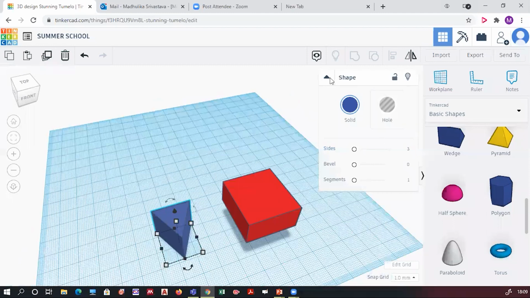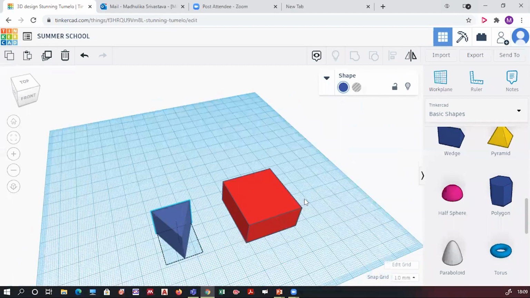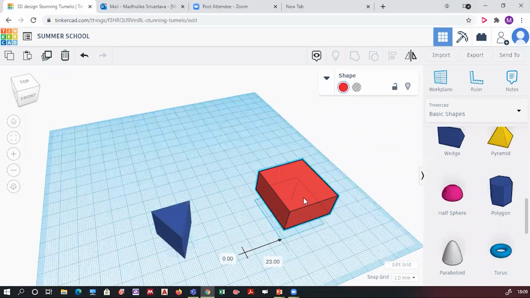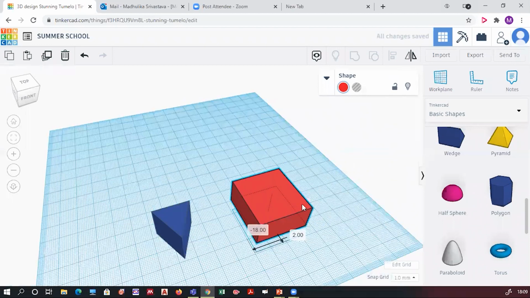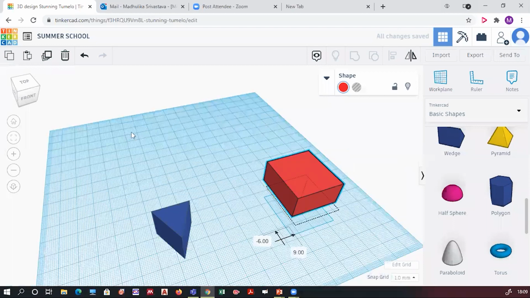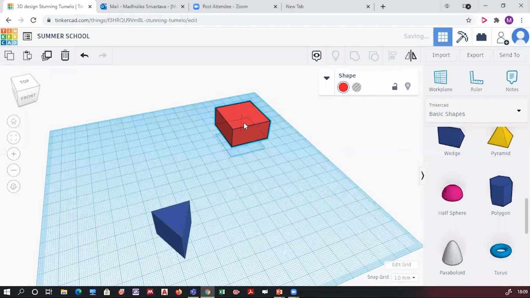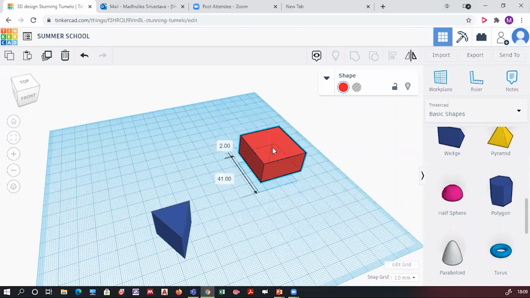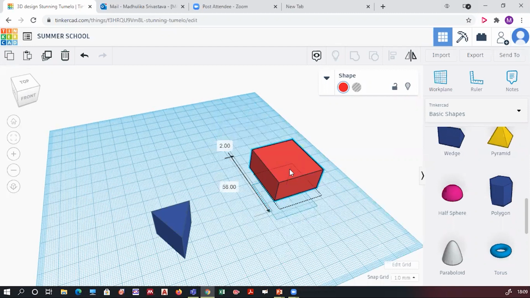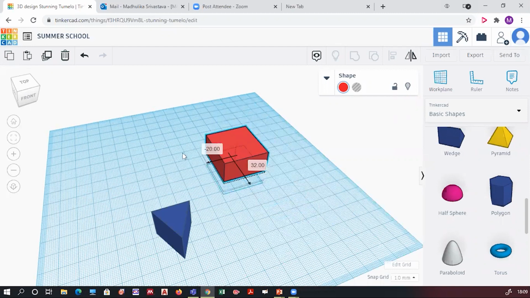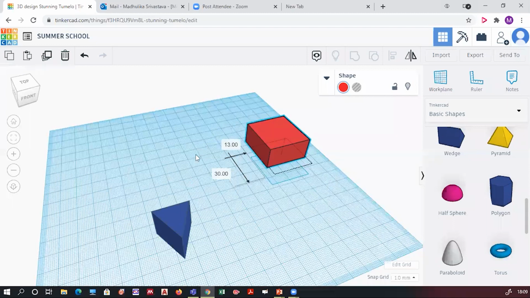Snap grid, again, I will repeat it. So the snap grid option, you see downwards, that is what it does. When you drag, just select the object and move left and right. You can place it anywhere in the work plane. Just select it and don't raise your finger from the left button, and just move it forward. You can also use the keyboard keypad and you will easily move this object.